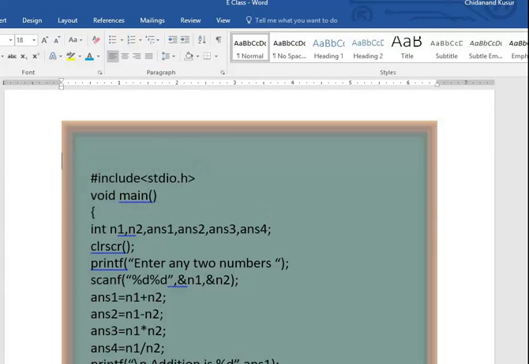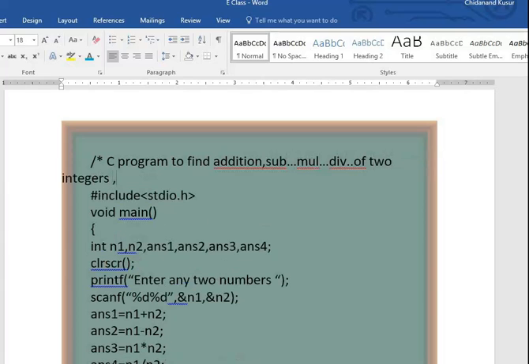And why have you written this program? How to write the comment, I also told in my last class. /*. The name of the symbol is asterisk. Don't call it a star. Asterisk. Okay. /*. This is a C program to find addition, subtraction, multiplication, division of 2 integers, and written by